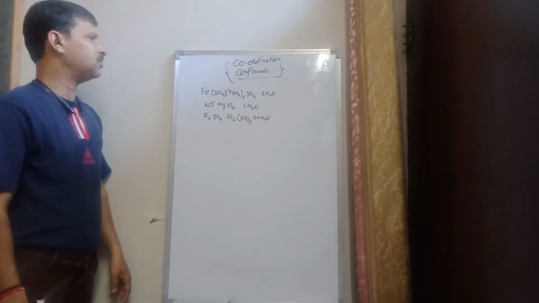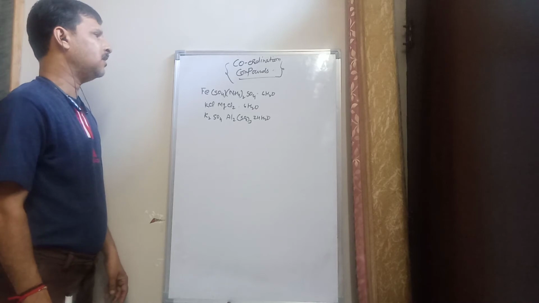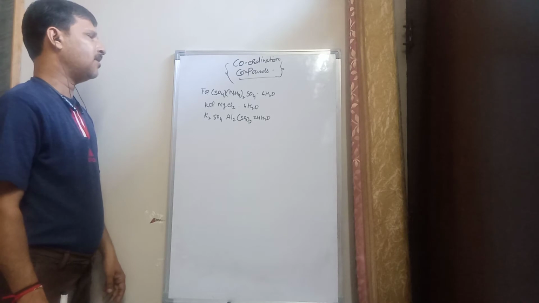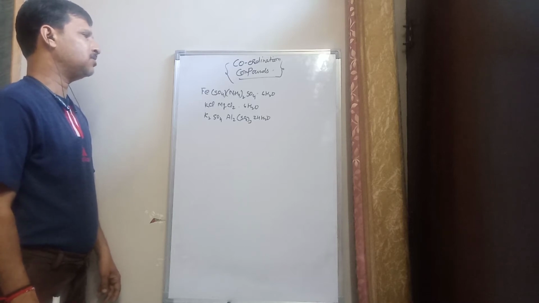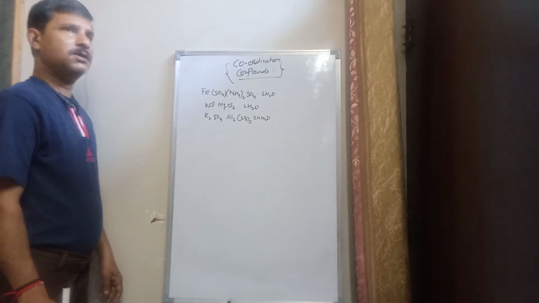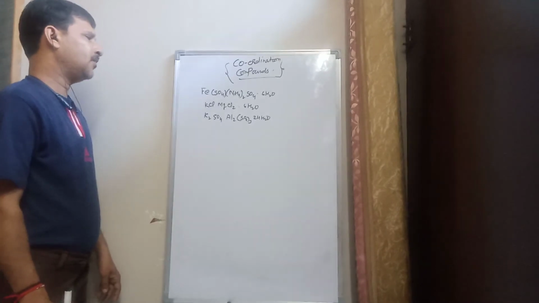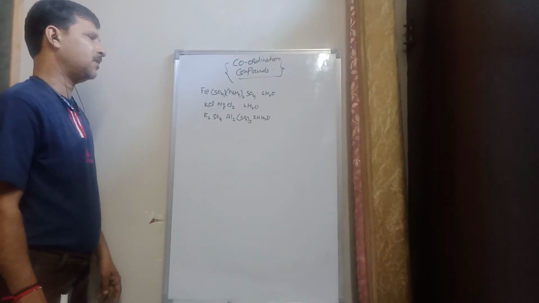These double salts also dissolve in water and form their individual cations and anions. For example, FeSO4.(NH4)2SO4.6H2O, when dissolved in water, gives one Fe2+ ion, 2 sulfate ions and 2 ammonium cations. In the same way, 1 mole of KCl.MgCl2.6H2O produces 1 mole of potassium plus, 3 moles of Cl minus and 1 mole of Mg2+ ion. And 1 mole of K2SO4.Al2(SO4)3.24H2O produces 2 moles of potassium ions, 2 moles of aluminum ions and 4 moles of SO4 2- ions.